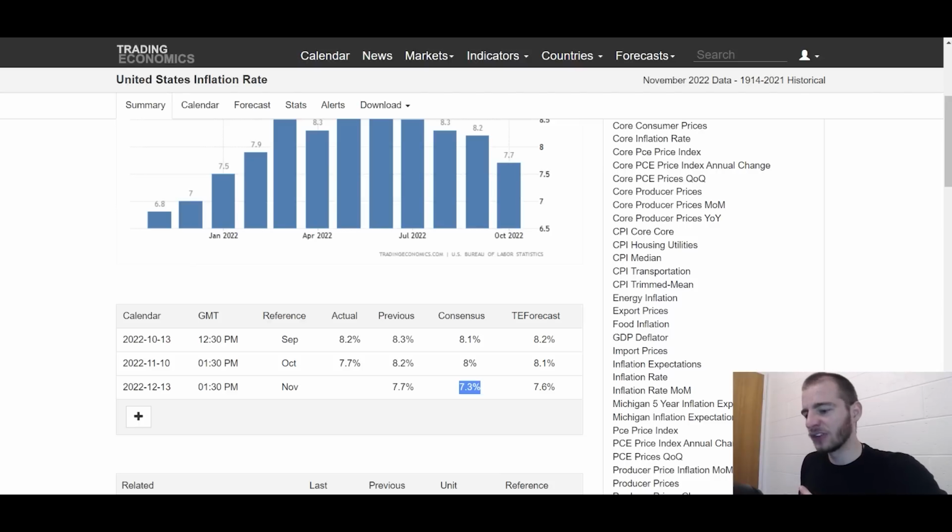Now, some people ask me, well, what do I think inflation's going to be? That's an impossible question to answer. It doesn't work like that. It doesn't matter. And it's not possible for me to have an expectation for what inflation is going to be. The entire market, the whole market is expecting 7.3% as per what it's priced in. That is what I expect it to be. That is what I have to expect it to be.